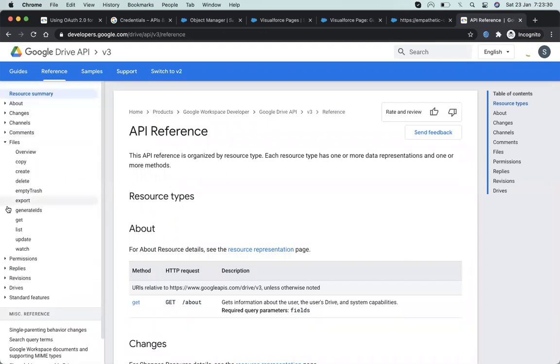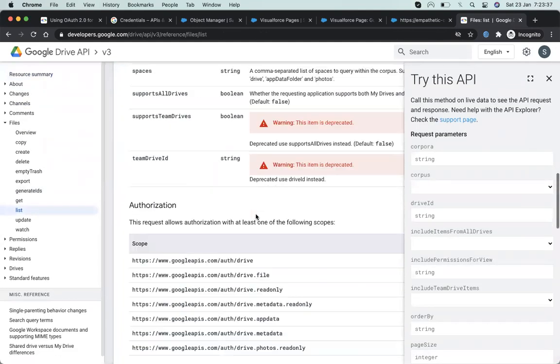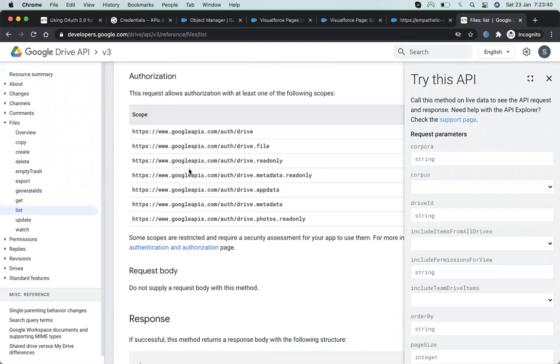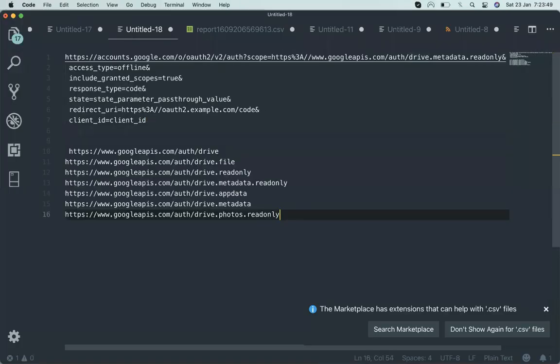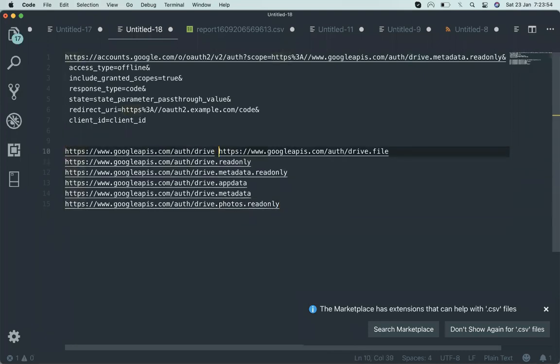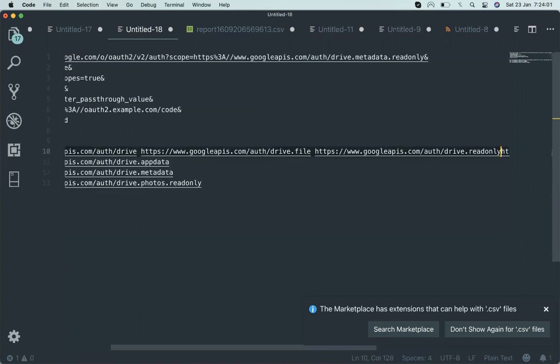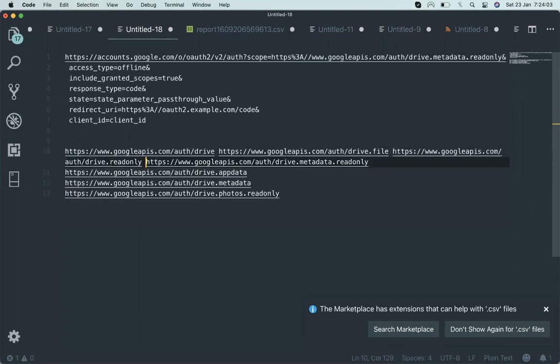I want to get all the files. For getting all the files, at the bottom it is defined that it should have all these scopes. So let's copy all the scopes, and since we copied, make all the scopes space separated, because it accepts space separated values.